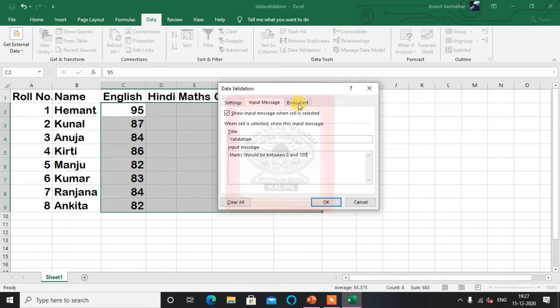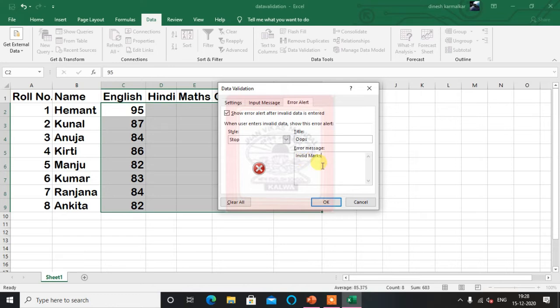And in the Error Alert, suppose even after reading this the typing person doesn't follow these rules, then what error message should be given? Here you have to give an error title. You can give any title, like Oops. And here you can give the error message as Invalid marks.